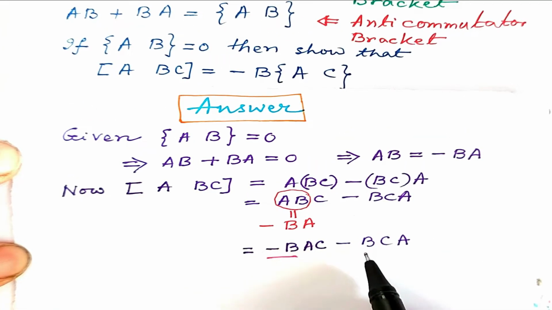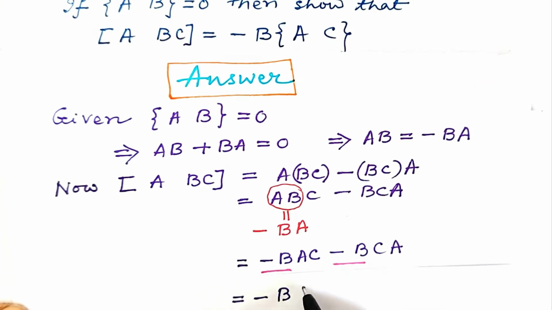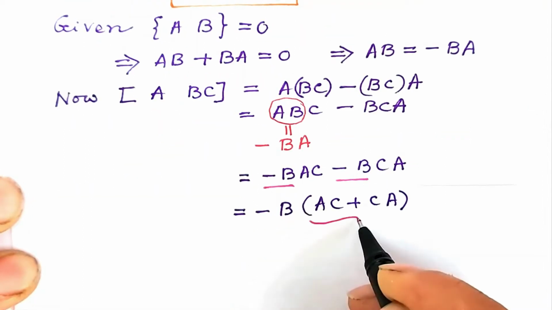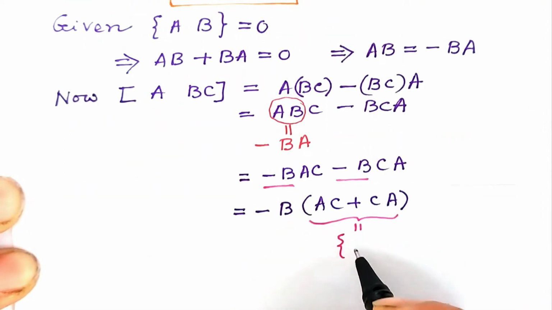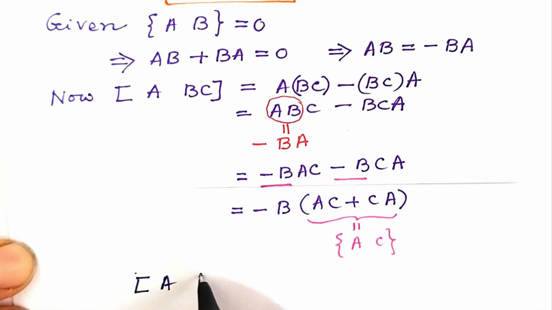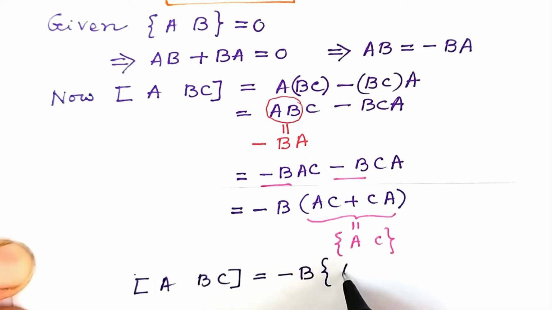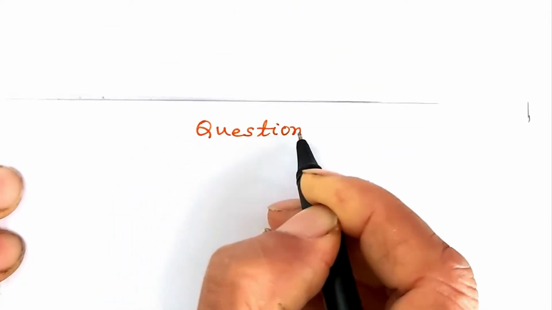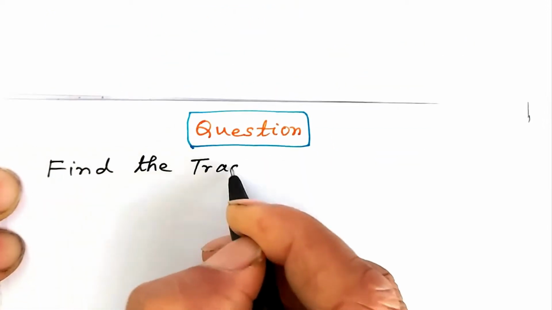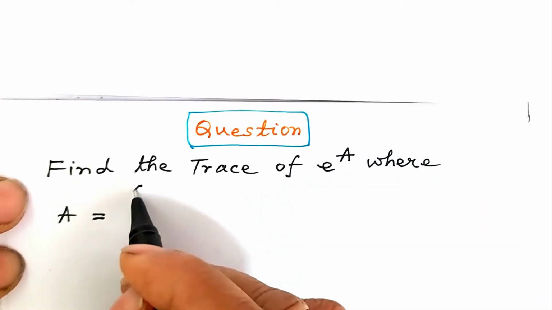Note that minus B occurs in both terms, so we take minus B common and the leftover portion is AC plus CA. This portion is the anticommutator of A and C. So the commutator bracket of A and BC is equal to minus B into anticommutator of A and C as wanted. Next question. Find the trace of e to the power A, where A is a 4 by 4 matrix,